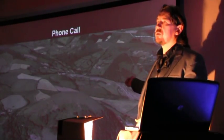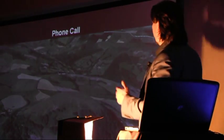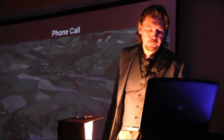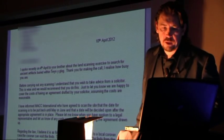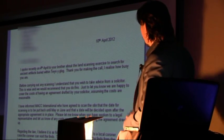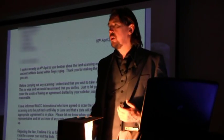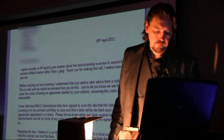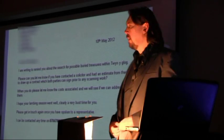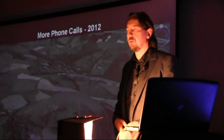We will even pay your solicitor's fee to get an agreement drawn up that we can come on the land and do this scanning. So I then followed that up in writing, saying that we were prepared to pay their solicitors' fees, that we were quite happy for them to have some contract in place before we go on the land. I then reminded them of that fact on the 10th of May,